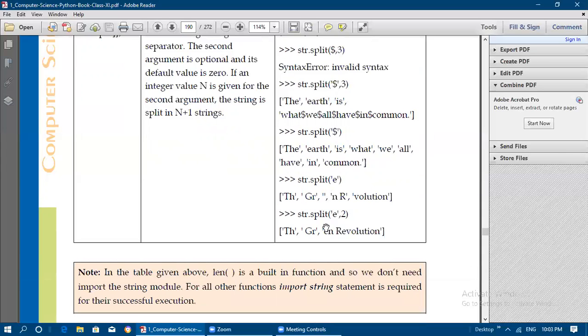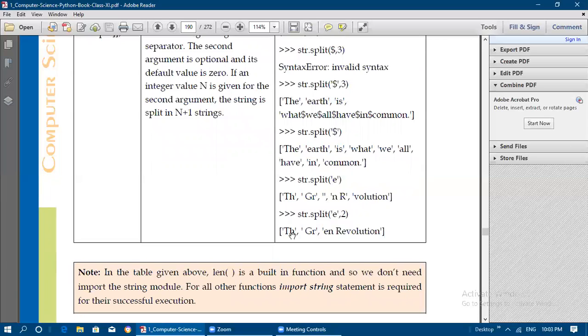Even here, str.split('E', 2): TH will be returned here and GR will be returned here. So at the second occurrence, that E is going to be separated and removed.